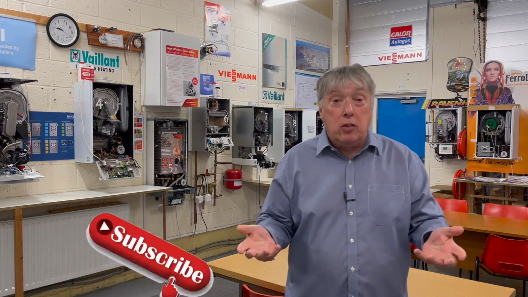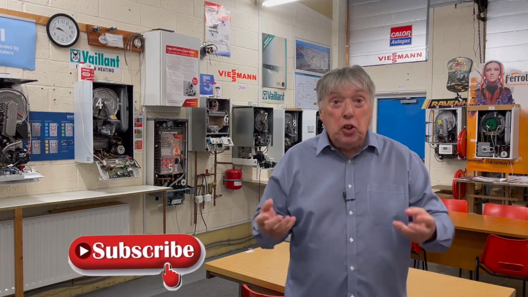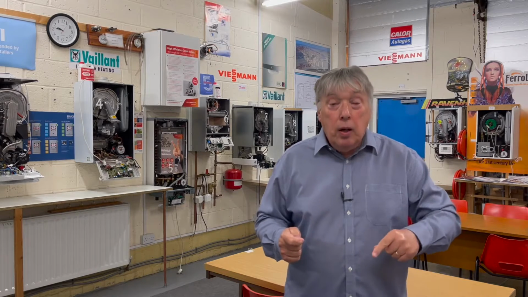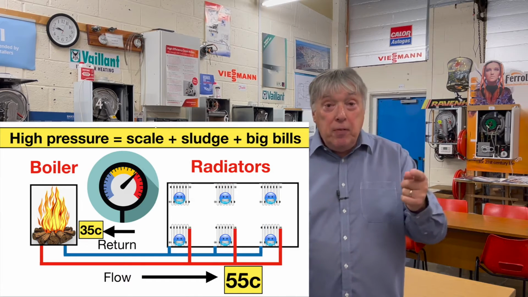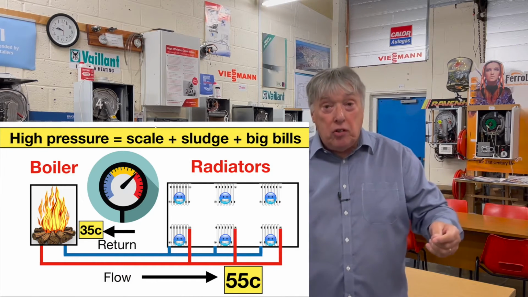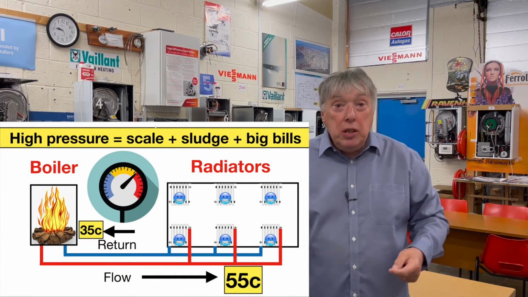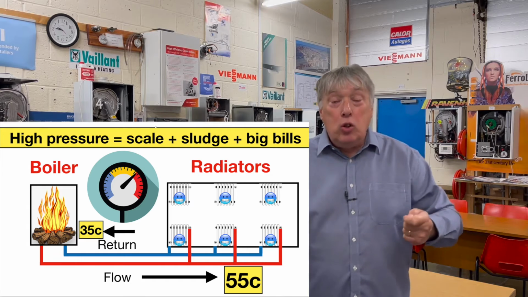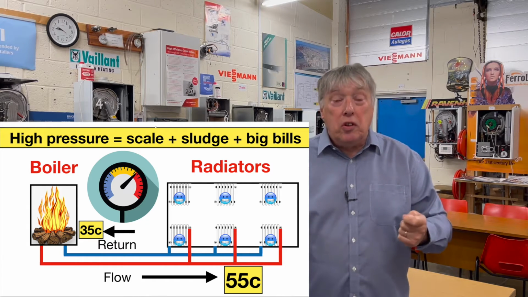you're paying for that. So get a factory trained engineer or somebody who's been on my course, Mr. Combi Training, get them to have a look if your particular Combi boiler can be downrated on the heating side. The new temperatures are 55 heating flow and therefore 35 degrees on the return. But you need to have an expert to make sure there are no accidental or incidental consequences, that the temperature